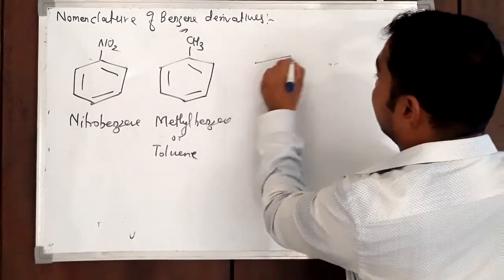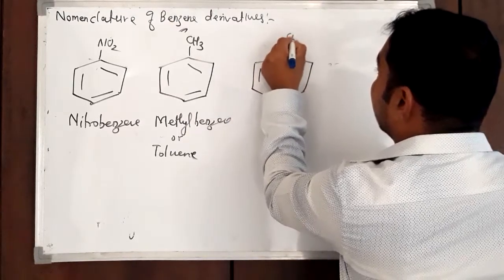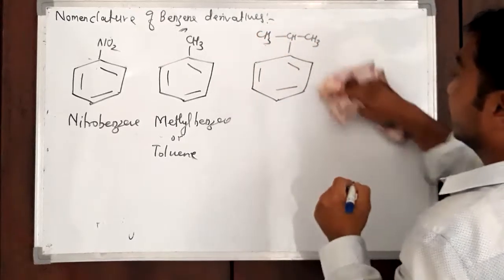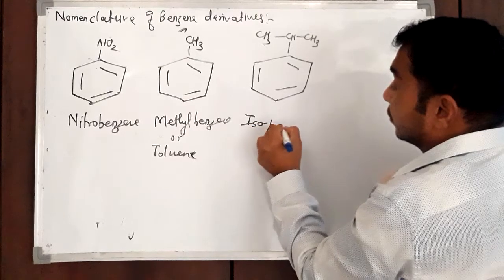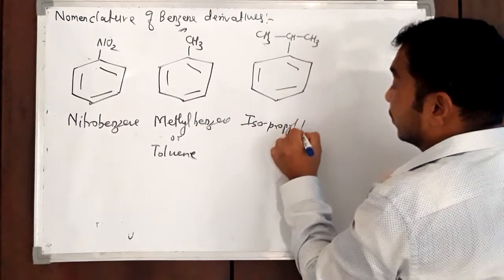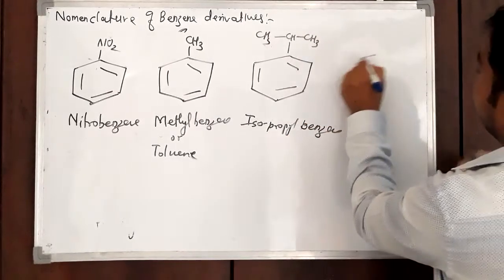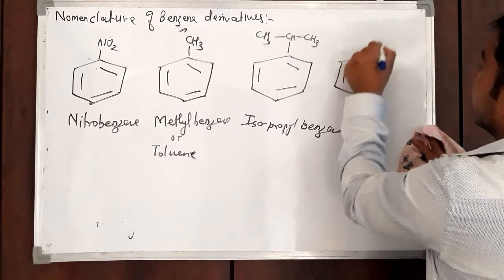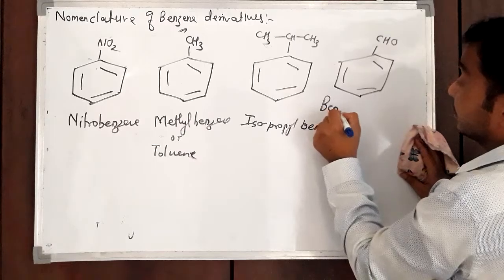Then an isopropyl group attached to benzene is called isopropylbenzene. Now similarly, if a hydrogen atom is replaced by an aldehyde group, CHO, that is called